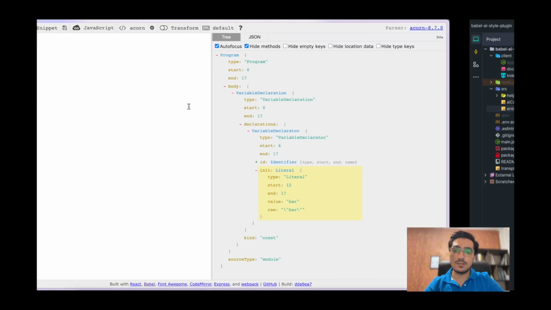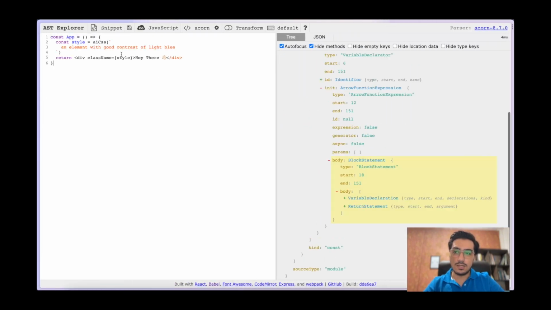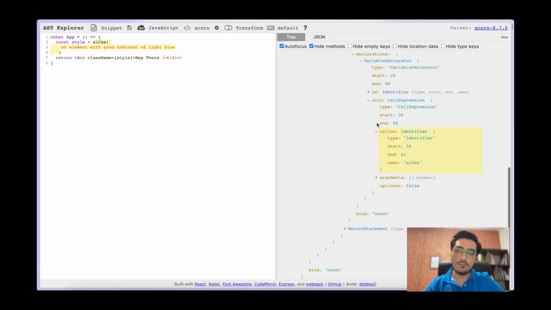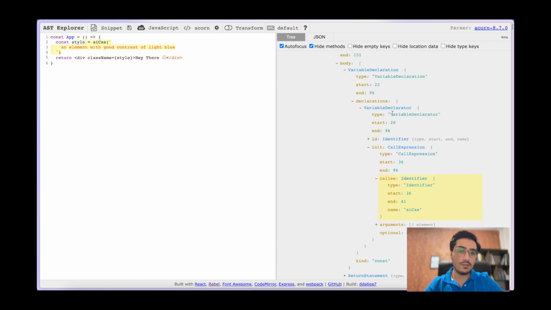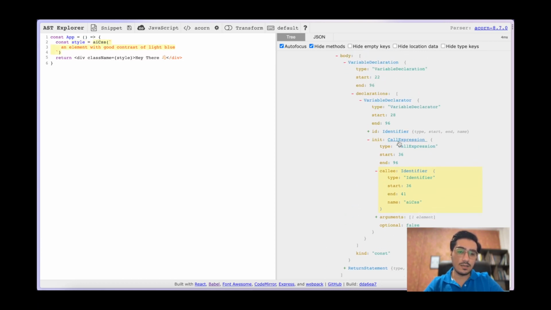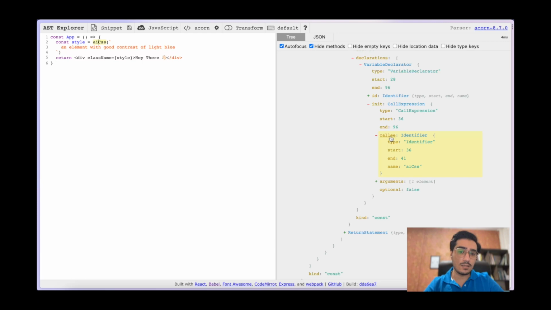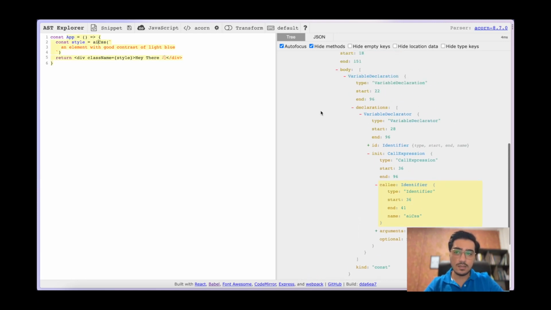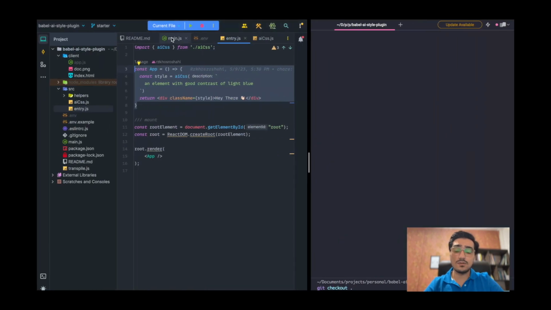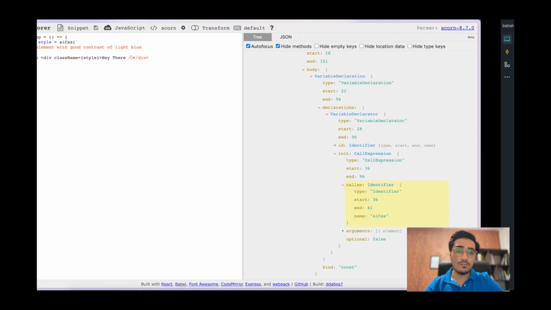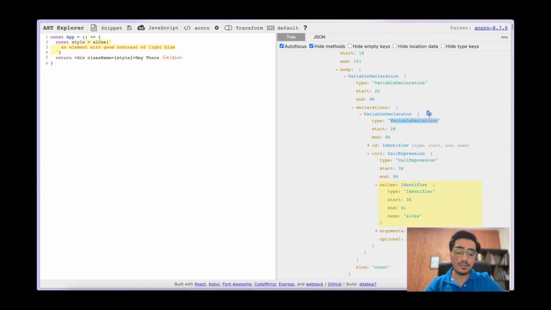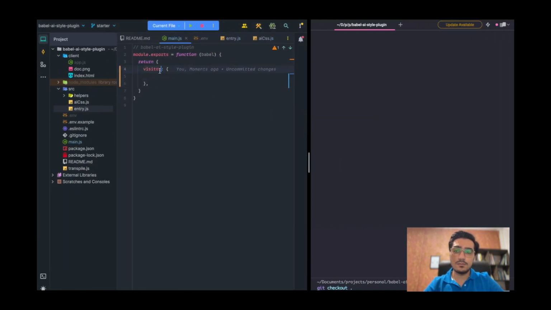And if I put this code here and click on this part, I can see the variable declarator has this initialization that is a call expression, and it has callee and name. So I'm looking for this inside the visitor. So I'm gonna put VariableDeclarator here like this,